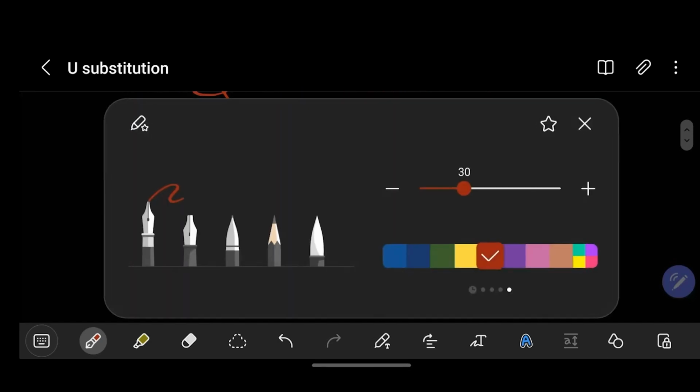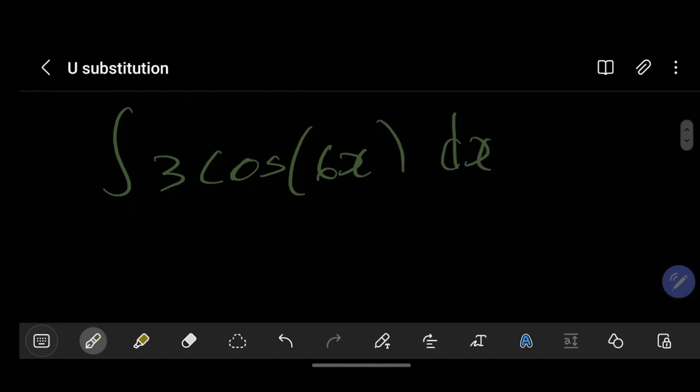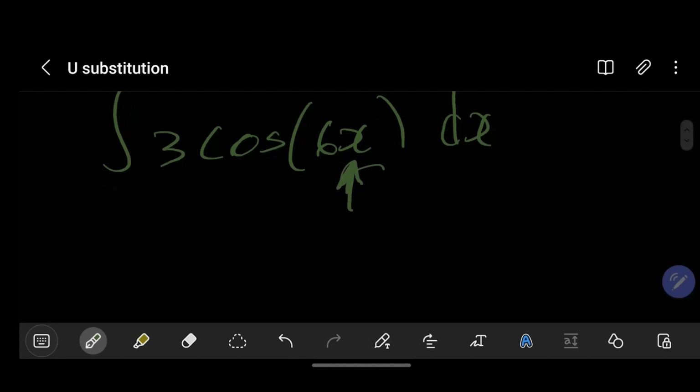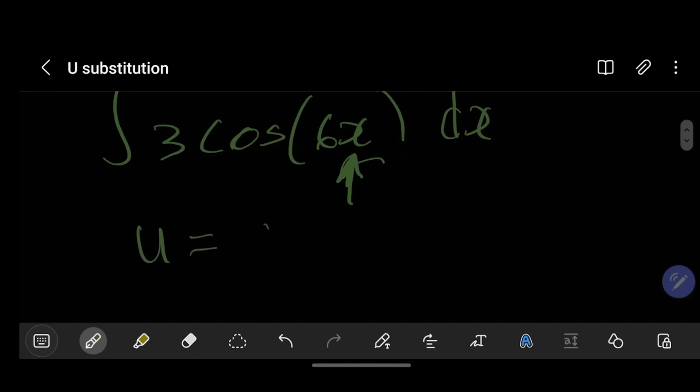So let's take another example. Let's use the integral of 3 cos of 6x dx. What do you think we'll make u in this case? Remember, the aim is always to get rid of the x. So we have a 6x here, so let's make that equal to u. So u is equal to 6x,